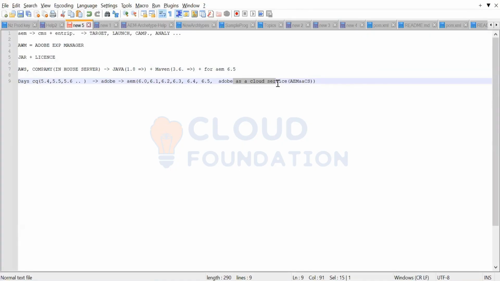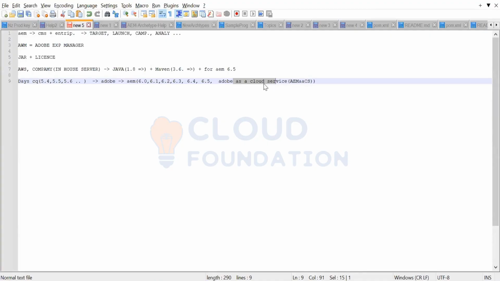Like if you create multiple dev servers, one stage server and one prod server, then you create different pipelines on that same portal. Through that you can say this is my dev pipeline, this is my dev 1, dev 2, dev 3, this is my stage pipeline, this is my prod. And through that you can deploy the code, and now even the pipelines have been upgraded. All the code building and deployment will happen on Adobe as a cloud service portal